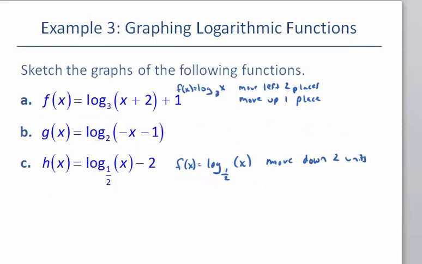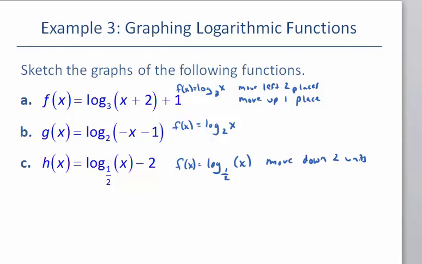And then finally, let's go to this middle one. Part B, the basic graph is f of x is equal to log base 2 of x, which we haven't drawn, but we can. And then let's think about how it's going to move. So the x has been replaced with an x minus 1. Now we still have to deal with this negative that looks like it's been distributed through. We'll deal with that in just a second, but let's first consider the fact that